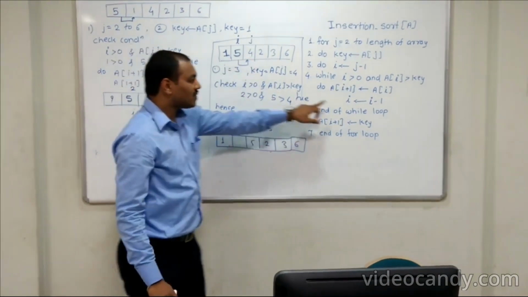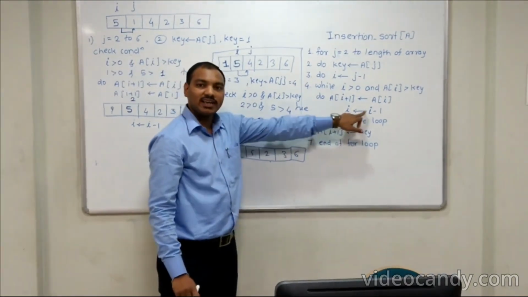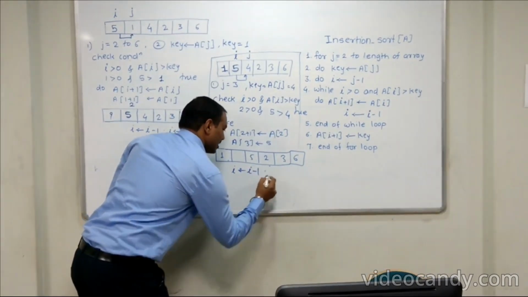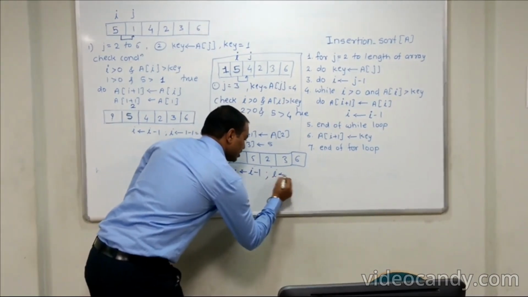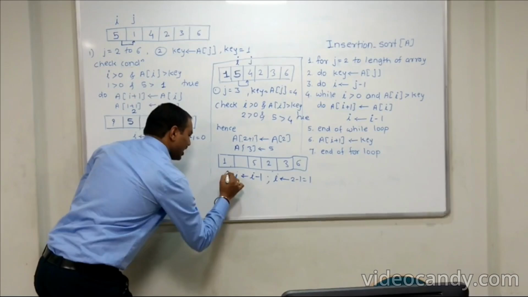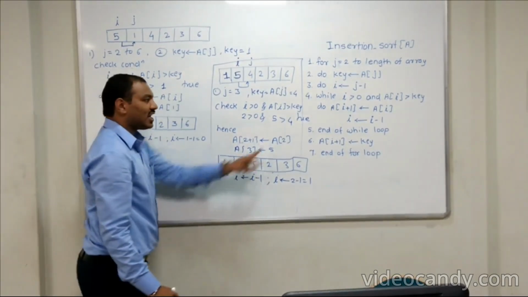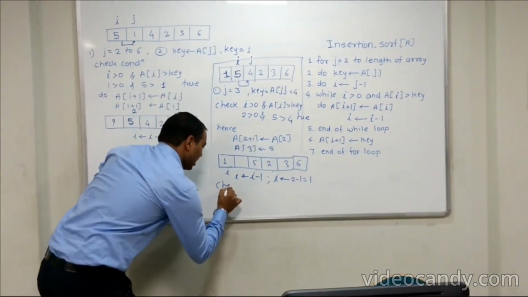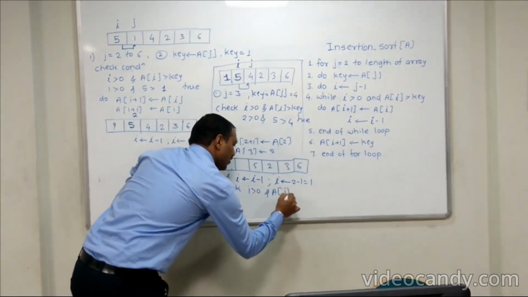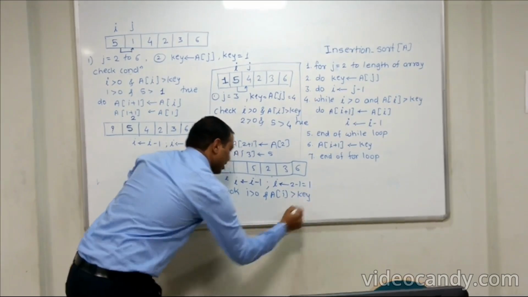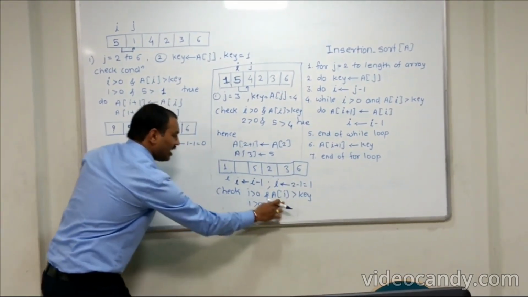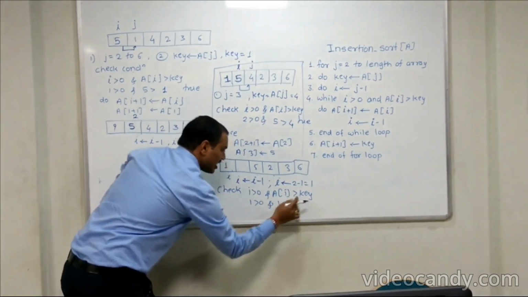So for that purpose, what we have to do? We have to decrement I by 1. So here I becomes I minus 1, that is I becomes 2 minus 1, 1. So I pointed at first position. After that, again check the conditions. Check I is greater than 0 and a of I is greater than key. So value of I is 1 greater than 0 and a of I, that is 1, greater than value of